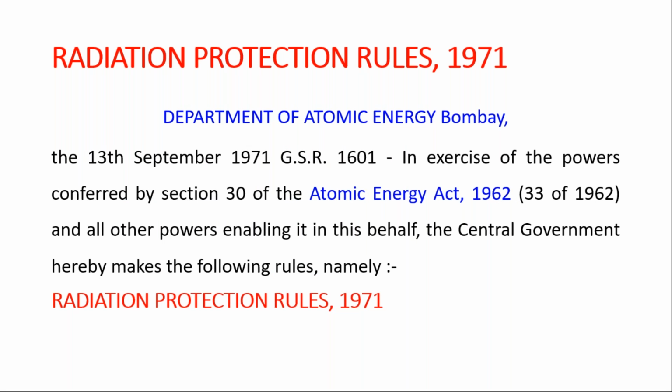With reference to the Atomic Energy Act 1962 and section 32, it is decided that we have to make the rules related to radiation protection. So what exactly are the rules? These rules are published from 1971 with reference to section 30 of the Atomic Energy Act 1963, and